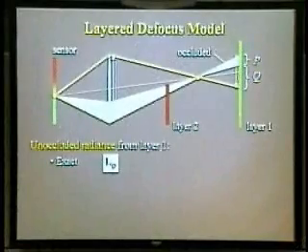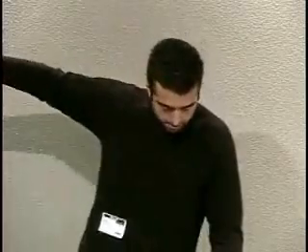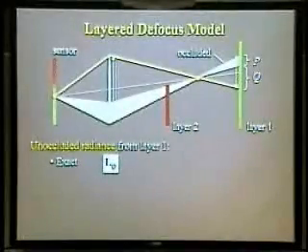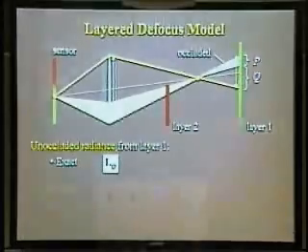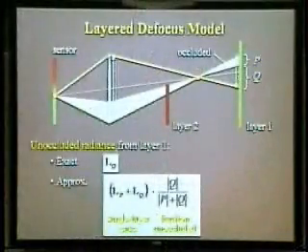The problem is that computing a defocused image in this way can be very computationally expensive. This is because the relative contributions of the different layers will vary across the image, and the layers can combine in complex ways according to the arbitrary geometry of the occlusion boundaries. To address this problem, we propose an approximate model for layered defocus that's designed to maintain the simplicity of the one image case while accurately modeling occlusion effects.